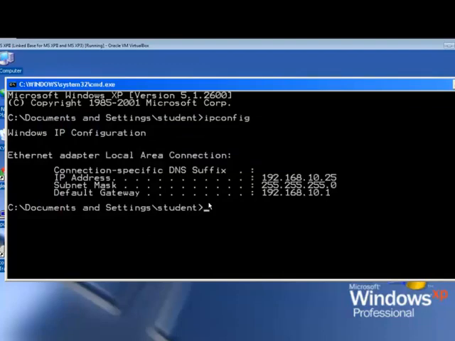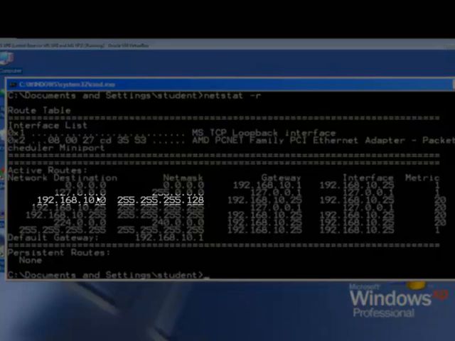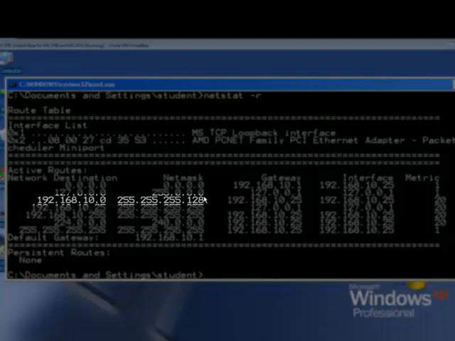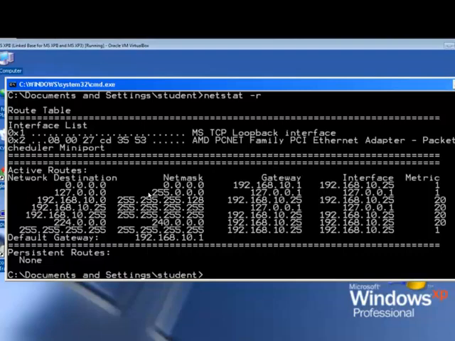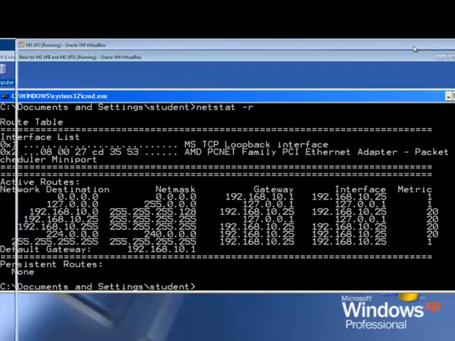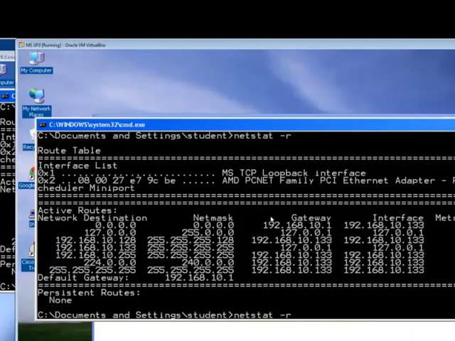Once again, we'll take a look at this client. And this client sees itself as being on the 192.168.10.0 network. But that's the mask, that's the key. You know that this client sees itself on a different network segment than the other client. So what we're going to do is go back to this client and ping. It was successful before, so